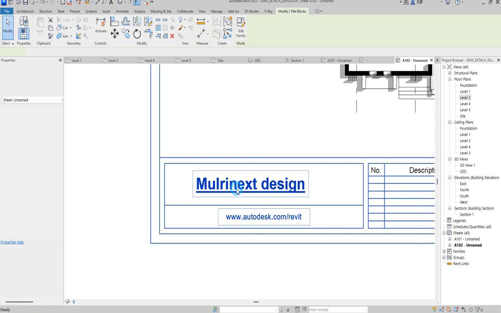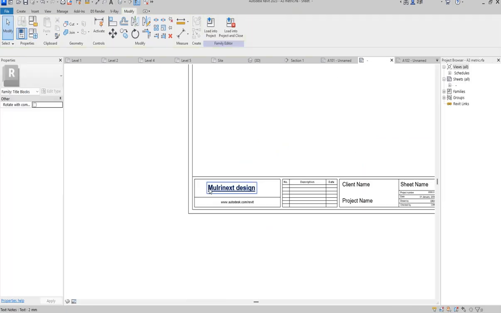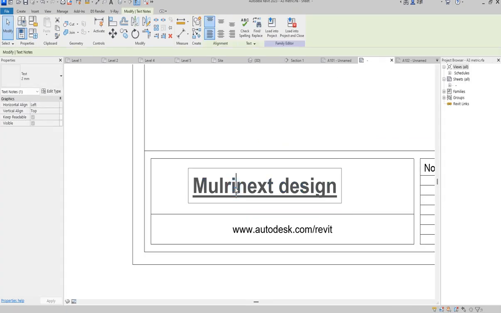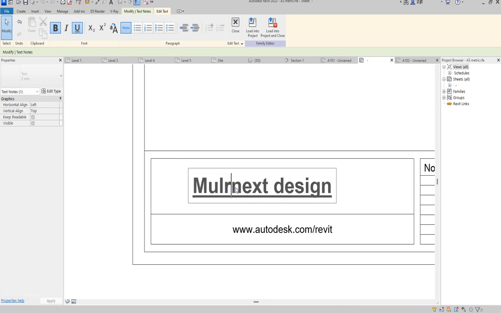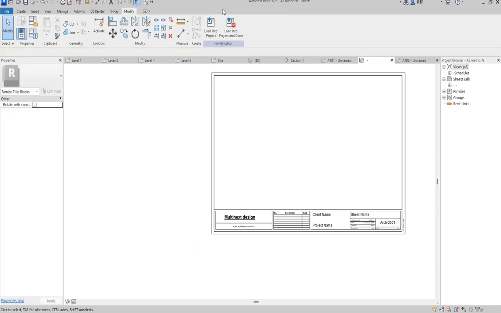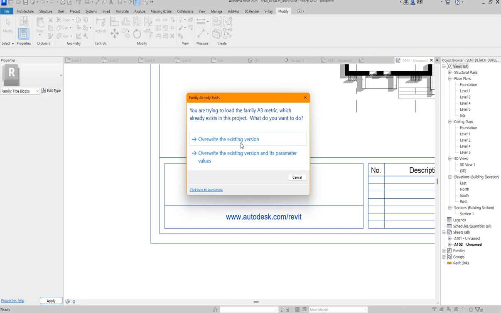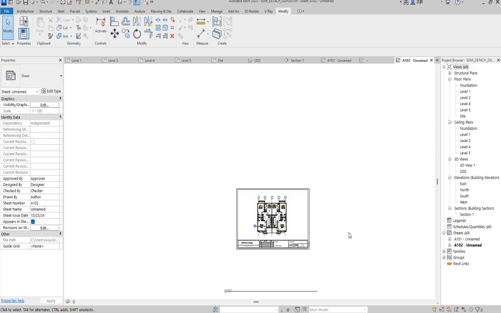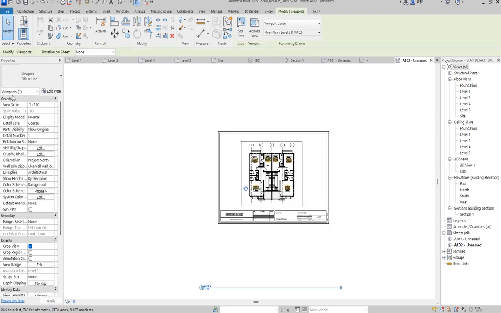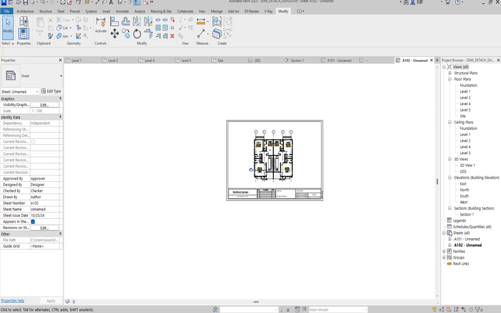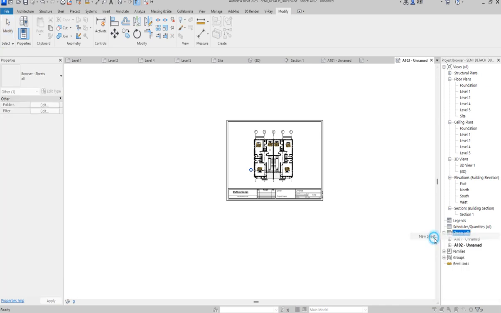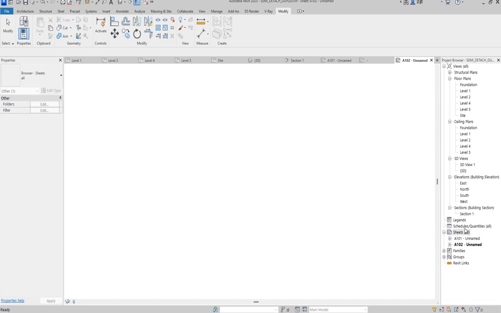Sorry, my Multi-Nest is not correct, so let me quickly edit that. Multi-Nest. Okay, so I load it back. Good. So you can do whatever editing you want to do like that. So click here. I'm going to just say okay, no title block. So like that. So as you have done that one, you can now start having many,